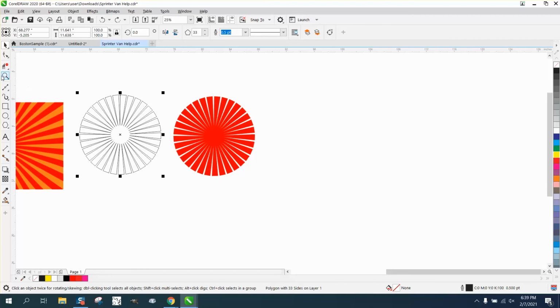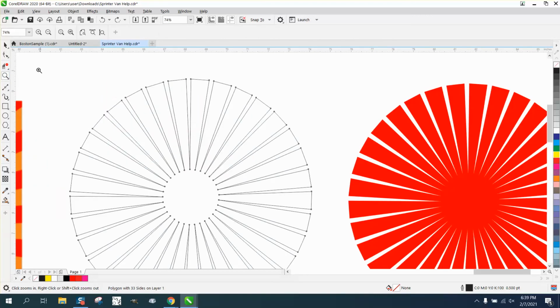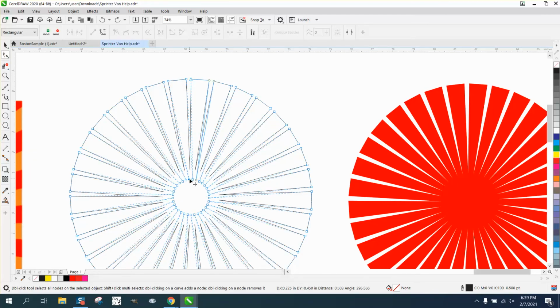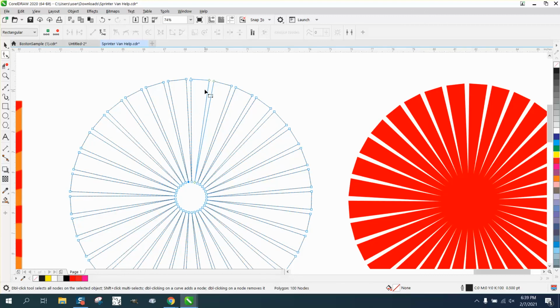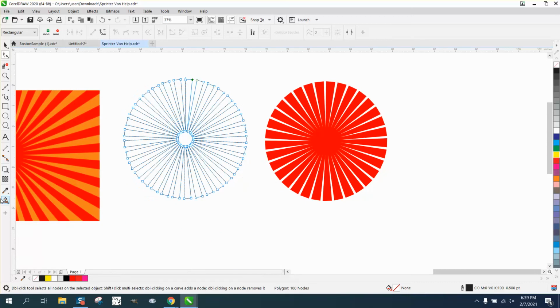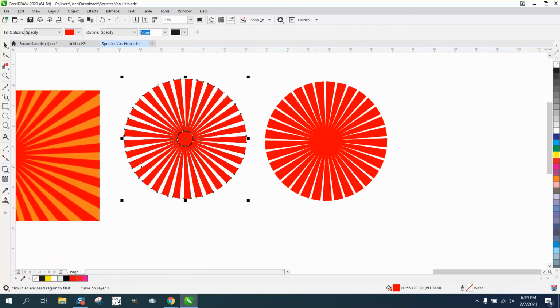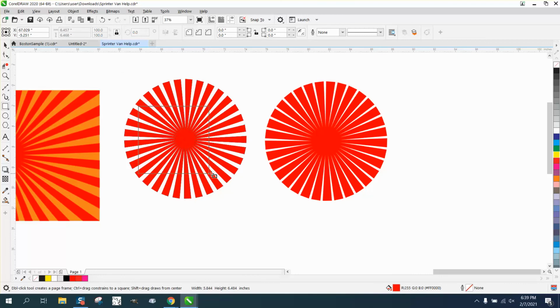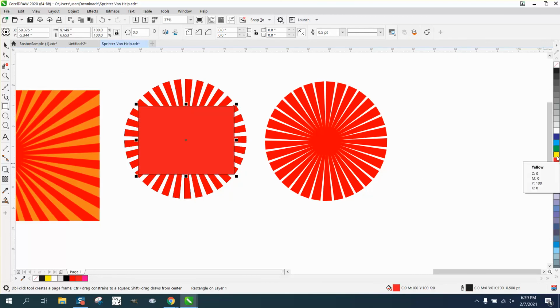We actually need to go back to the polygon tool, and then grab your shape tool, and we can bring this down a little bit. Then I'm going to make it a little bit less wide, like that. Fill that in with red, that's going to look a lot better. Bring in a rectangle, fill it in with a red or whatever,